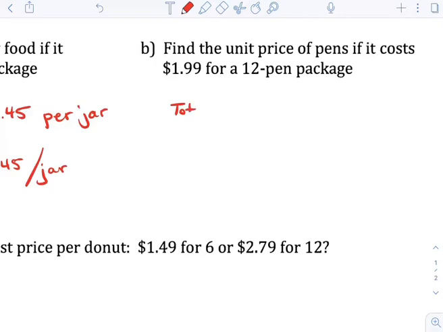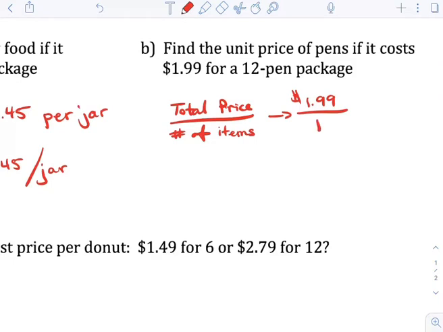Well, we have our total price divided by number of items. We bought 12 of them. So our total price in this case is $1.99. On the bottom we bought 12 pens, and when I divide $1.99 by 12 pens, I find out that it's